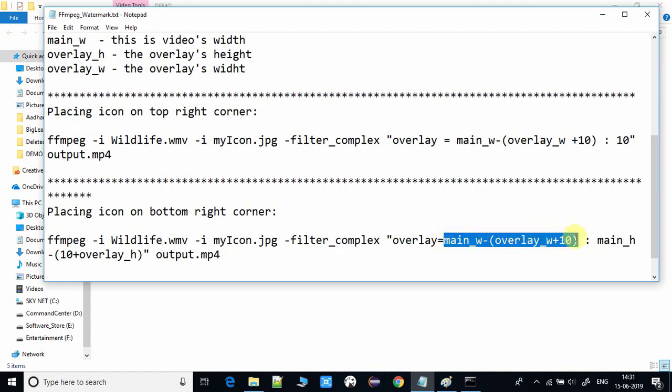Okay, and then in this way we are calculating the X position. Okay, now we have to give the Y position. So I'm using main underscore H, that means the total height of the video minus overlay underscore H, that means the height of the overlay, that means the height of the image icon plus 10 pixel.